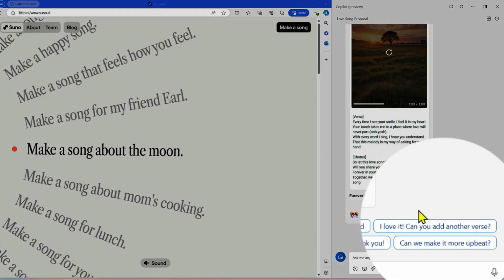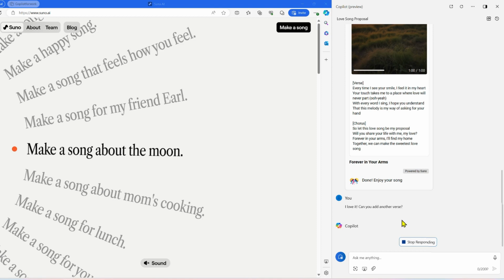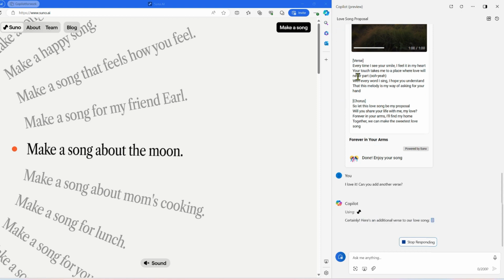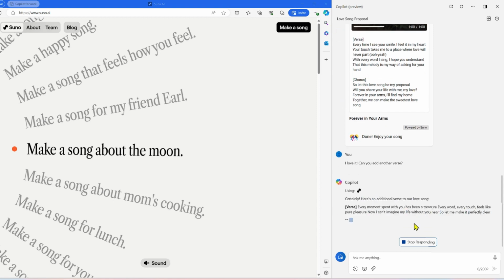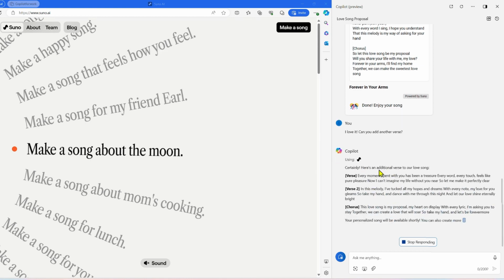Now, just to show you what happens when you actually ask it to add in another verse or a bridge or to make some modifications to it, you can click on it over here. Copilot is going to understand what you want to do. It's going to adjust the prompt and send that back to Suno. However, Suno has a limitation at this point in time. It's not going to be able to adapt the current song that has been generated. Instead, although it's saying that it's adding an additional verse,